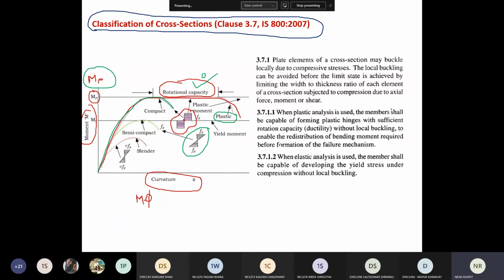What will happen to semi-compact? Here the semi-compact section is up to the yielding point only. Here the plastic and compact sections will go beyond the yielding point.